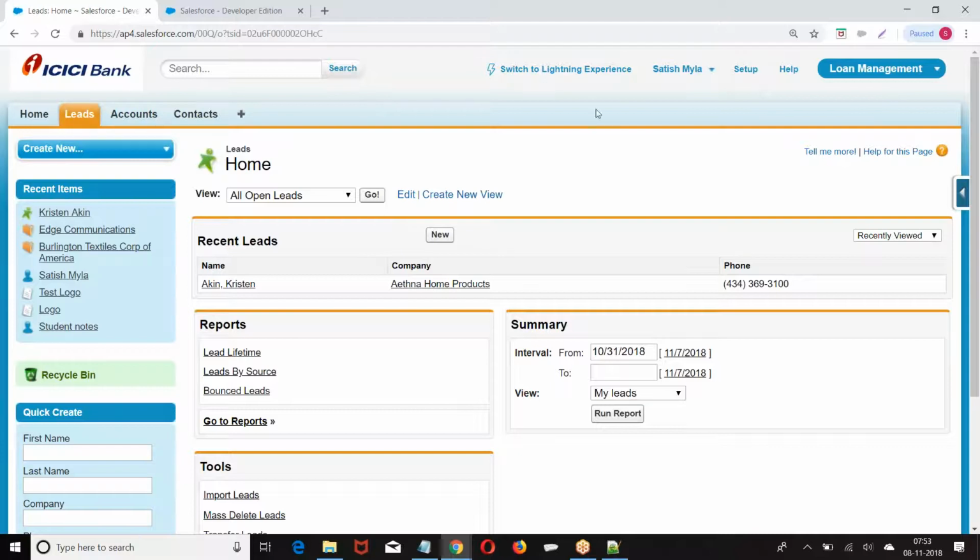Logo of the application, label name of the application, and tabs, default landing tab. Who can see it? I told system administrator and student profile. Satish has a profile called system admin. That is the reason I was able to see this. I hope everyone is good with that. So what is an application?